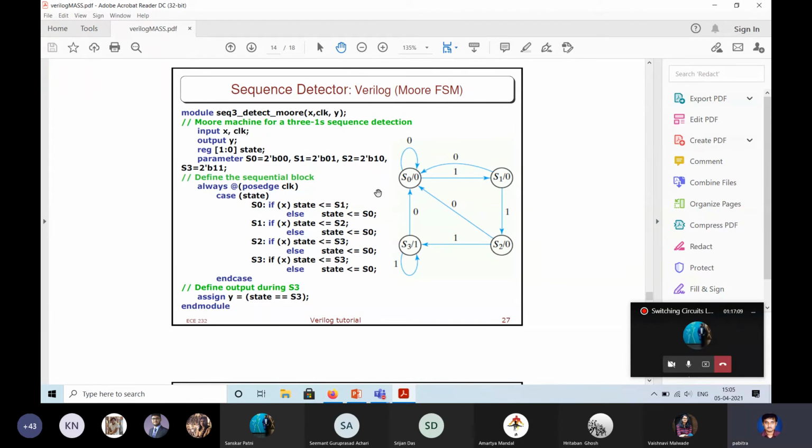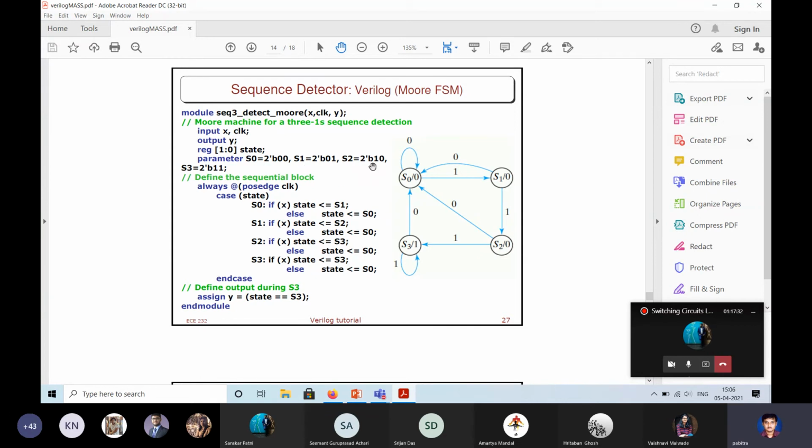All right, so let's see what happens. How do you write this? You write this using something called a case switch. FSM is typically written as a case switch in a non-blocking manner. These parameters are nothing but the state assignments that we did.